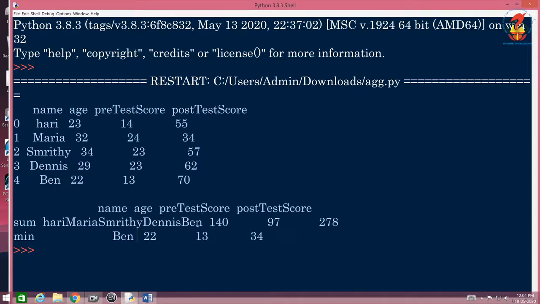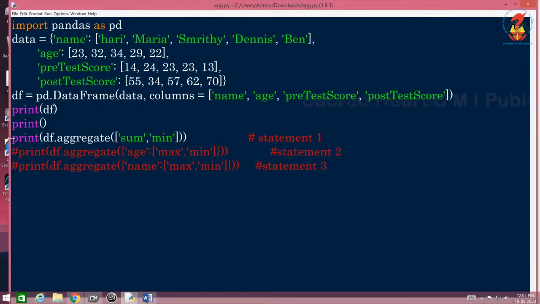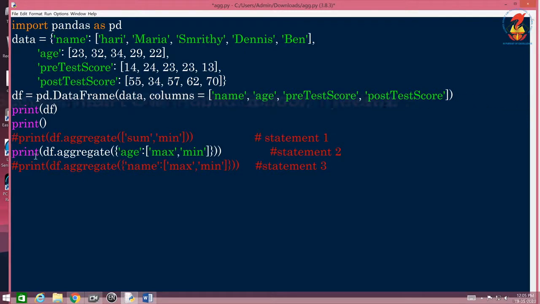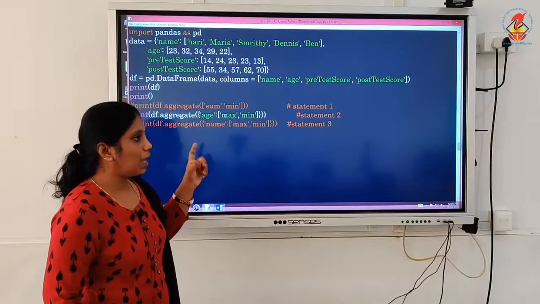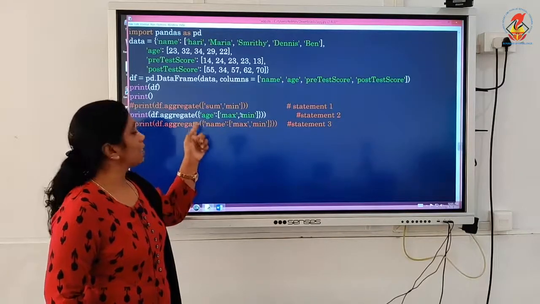Even though this looks very clumsy, this is how the output looks like, because I have given here the string values. Now, the second one, let us comment this and go for the next one. I am uncommenting this one. So, now you have print df dot aggregate. This time I have created a small dictionary from age, and I have made a max and min.